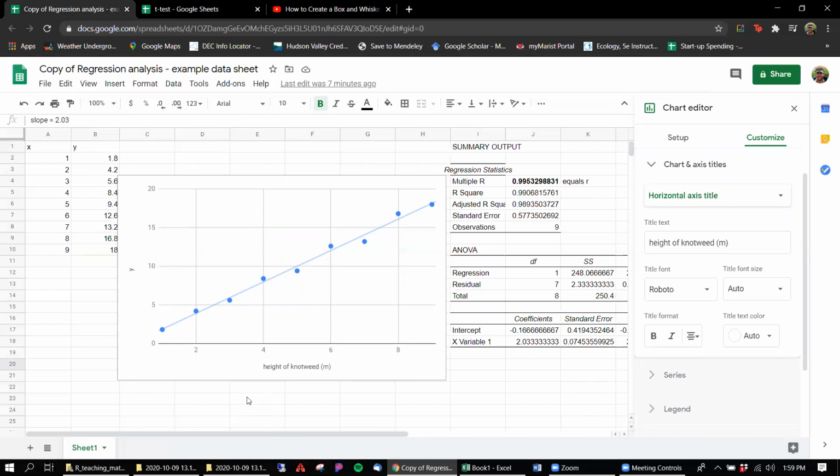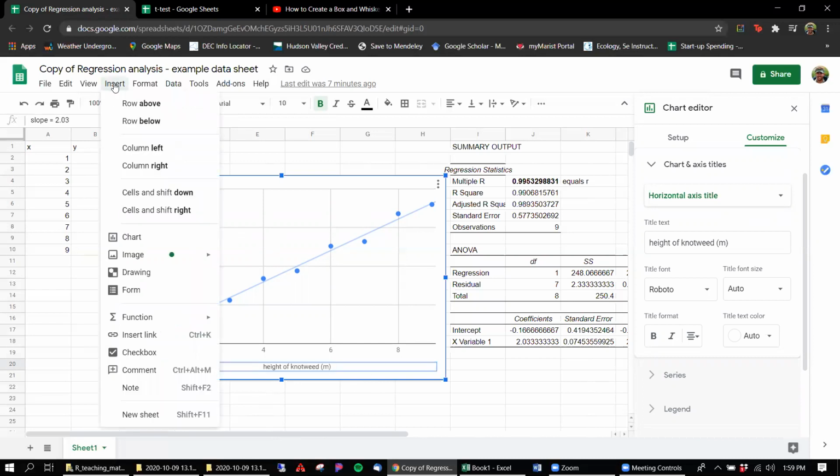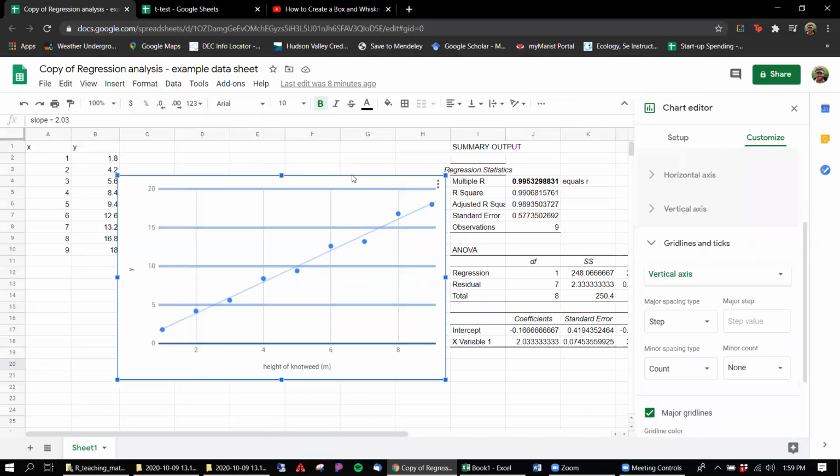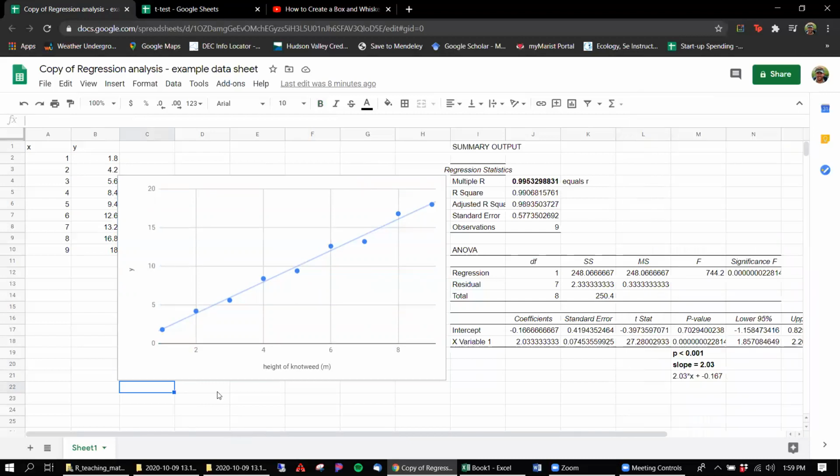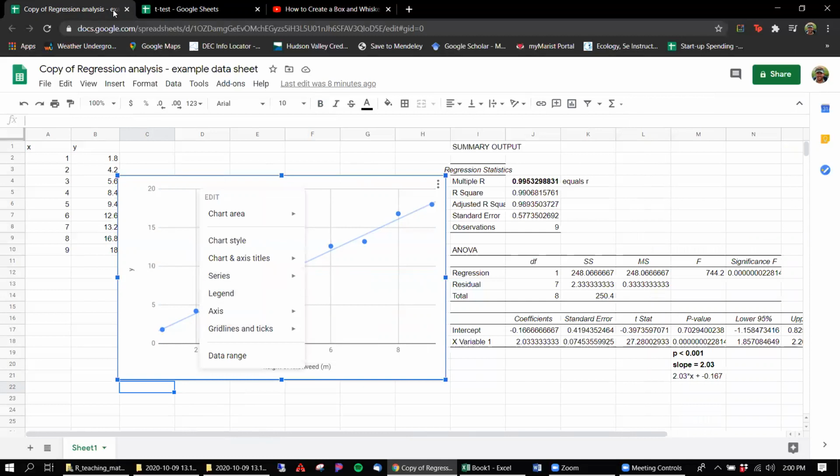So you can either bring those in as a text box, or you can insert some of those options. You can copy and paste it into Word or Google Docs. It's probably the easiest way. So once you have a nice thing that you're excited about, you can copy or screenshot that, and